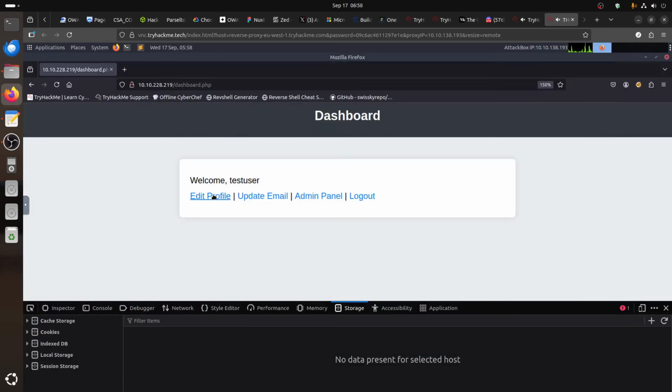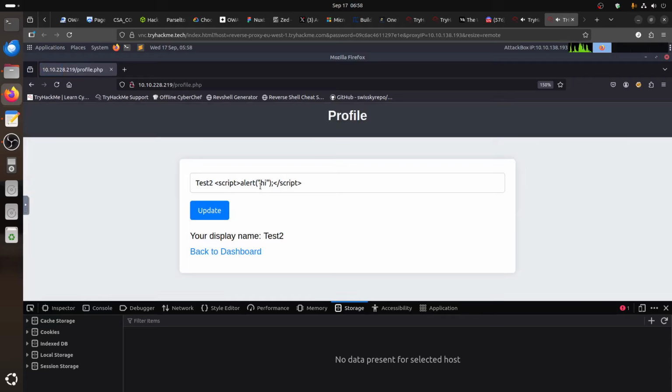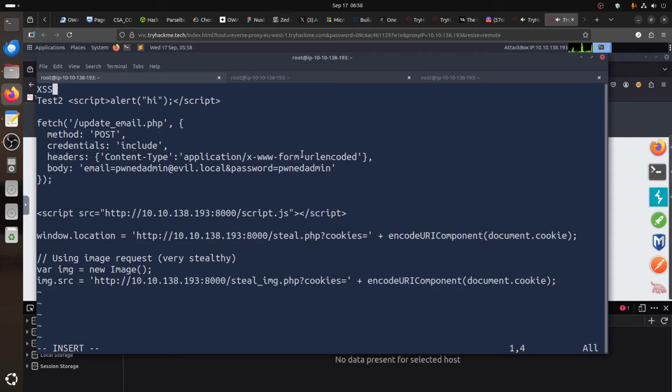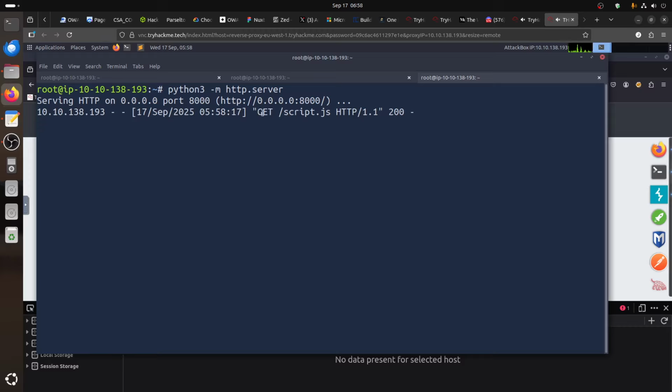So now if I go to update profile, we test it. I can just remove that and update. Now if the admin logs in, you can see it's automatic. The admin came and downloaded the script,